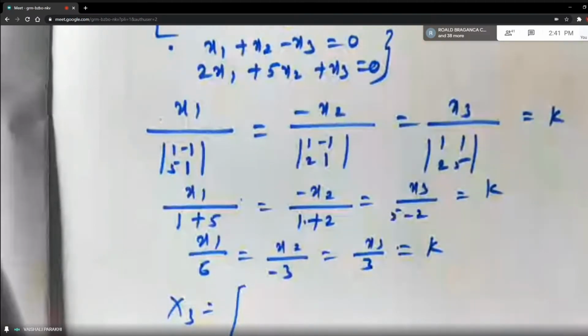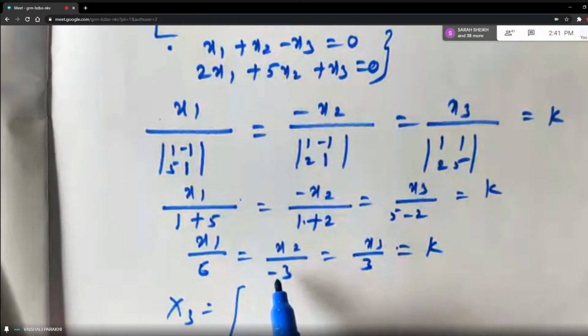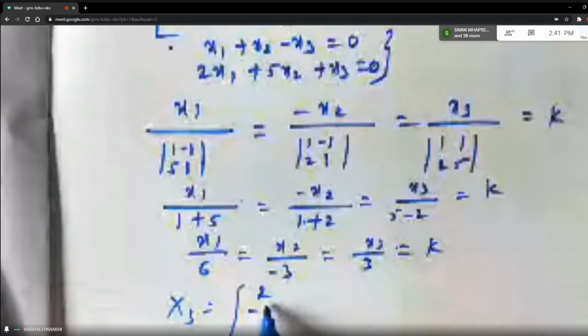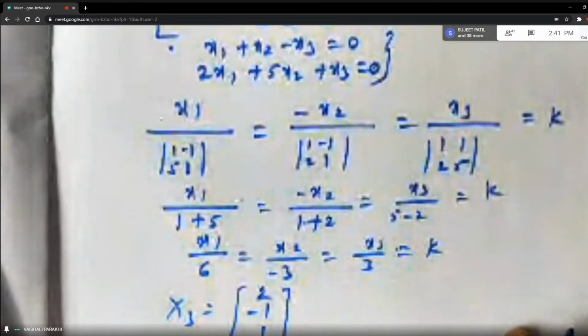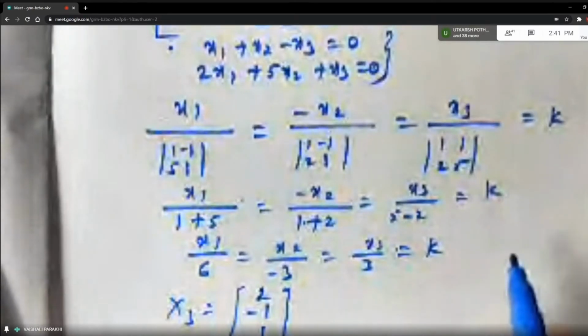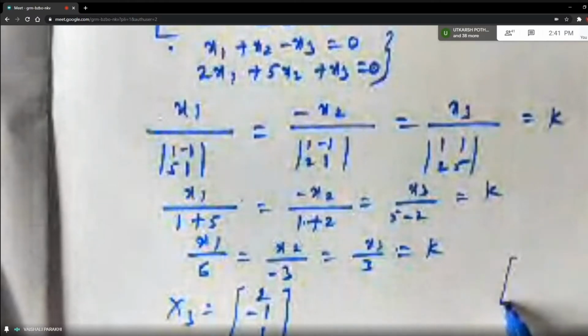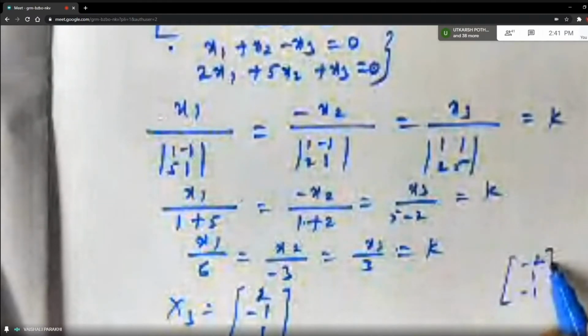You have to write the eigenvector always in the simplest form, students. Yes, you have to cancel the common factors. So how it will look? It will be 2, minus 1, 1. Outside there is k, but we are not interested. And this is same as what? It can be written also as minus 2, 1, minus 1 also.